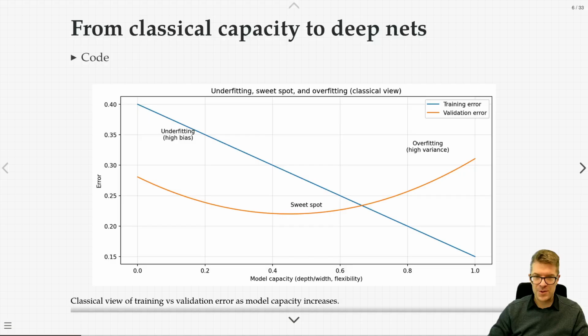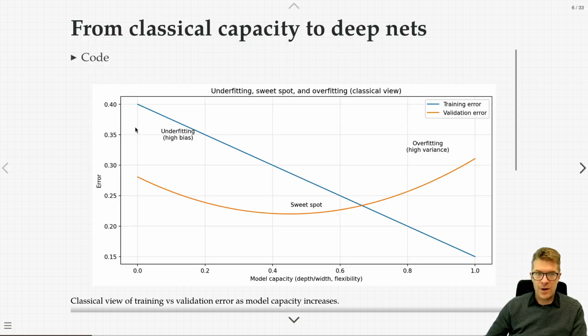So, conceptual scaffolding. This is the classical view. I think we had this very same graph in a previous module. As you increase the capacity of the model, either with more depth, more width, or more parameters generally, more flexibility, then you generally get better and better fitting.